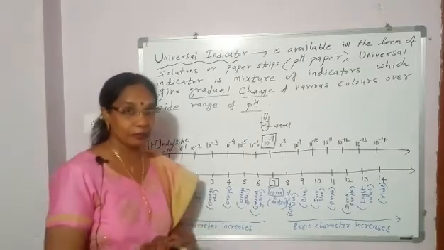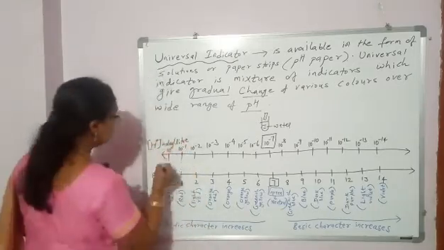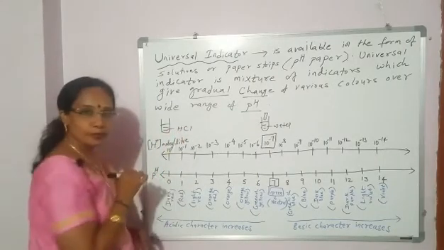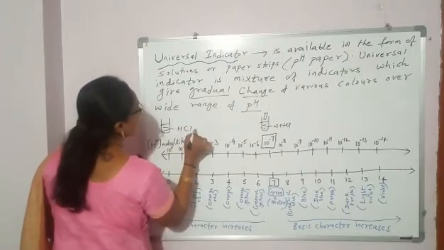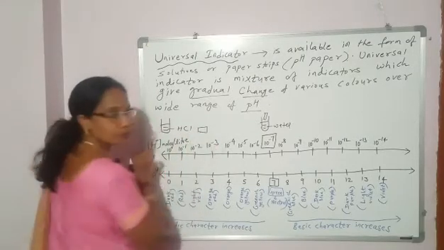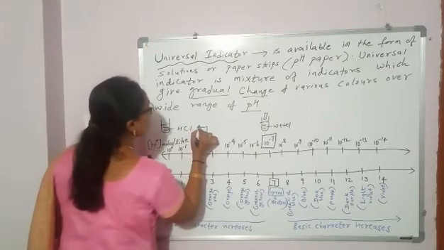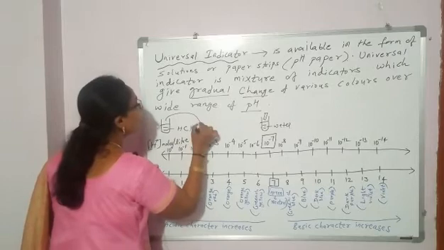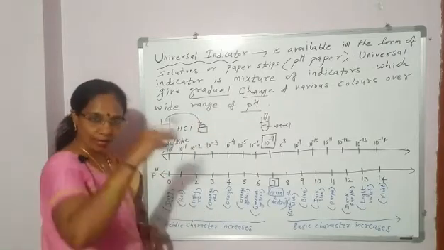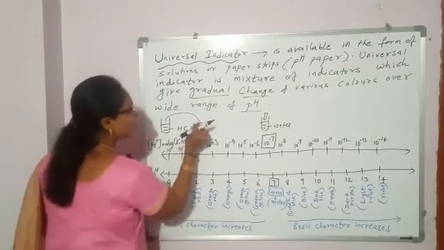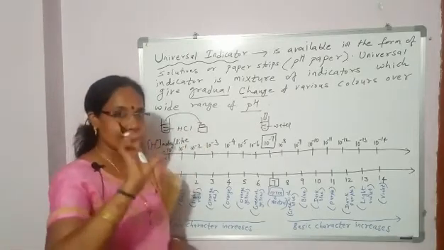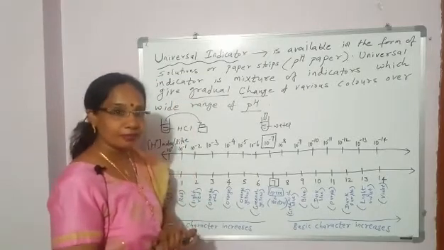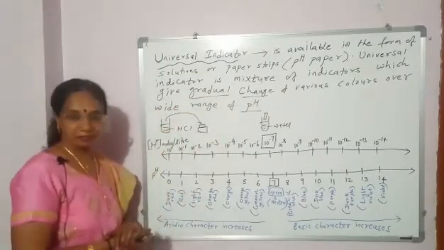Like hydrochloric acid is strongly acidic. So take hydrochloric acid in a test tube. A white tile you can use. Keep the pH paper over it and add a drop of hydrochloric acid on it. So the pH paper is yellow in color. As you add a drop of hydrochloric acid, the color changes to dark red.